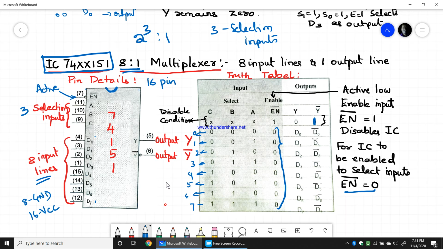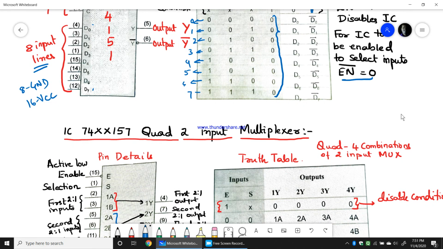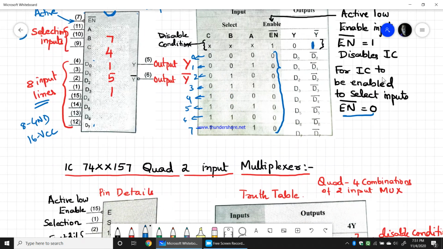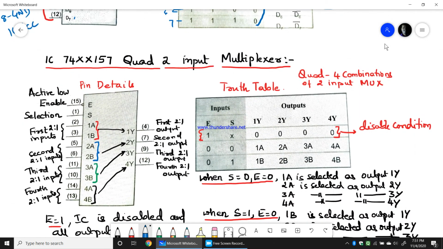So now we'll go with the next IC. See, this is IC 74151. You should keep this in mind. It is an 8:1 multiplexer. Now I do have another IC called 74157. The X in the part label will be mentioned based on the company who manufactures the 74157. There are various people who manufacture integrated circuits. Based on those manufacturing companies, they give the label for the X. But the actual number for the IC is 74157. You should keep that in mind.